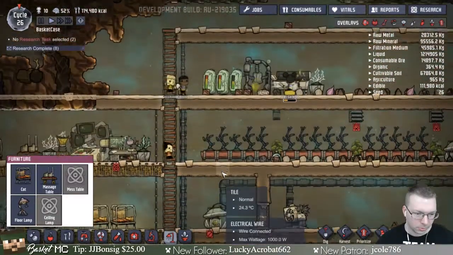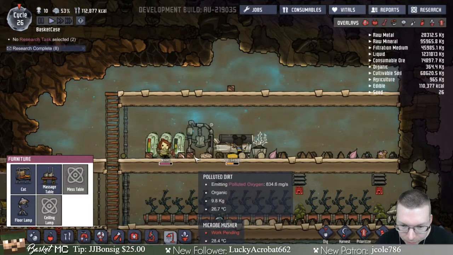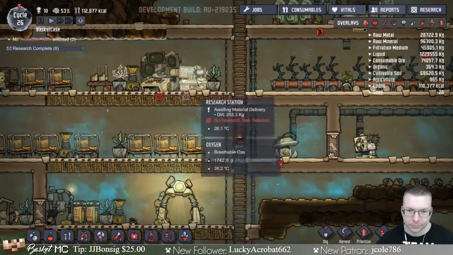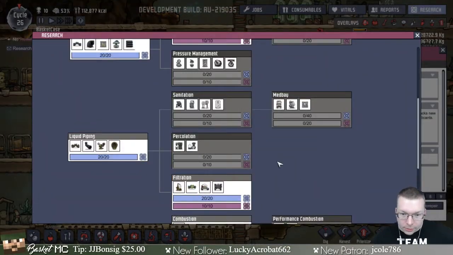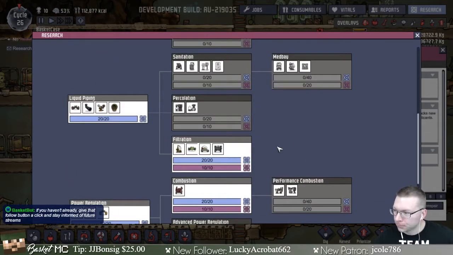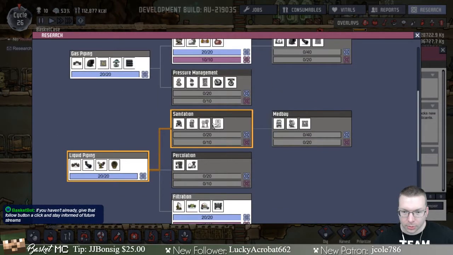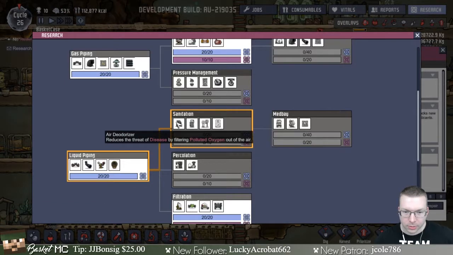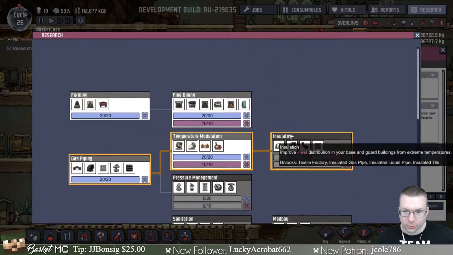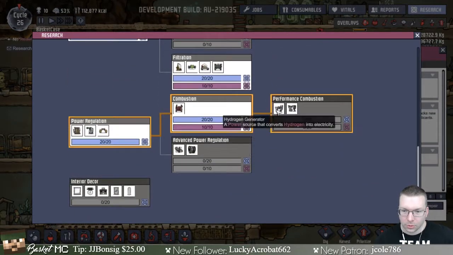So if we wanted water up here... But I don't really want water right now. What's thinking? This guy right here. Polluted dirt. Get out of here. Let's research something before we forget that we were supposed to research something. So I want to... that would give me more oxygen. I don't think I'm too worried about that quite yet. I guess showers might be good. We don't really have a lot of polluted oxygen that we have to deal with right now. We could do...